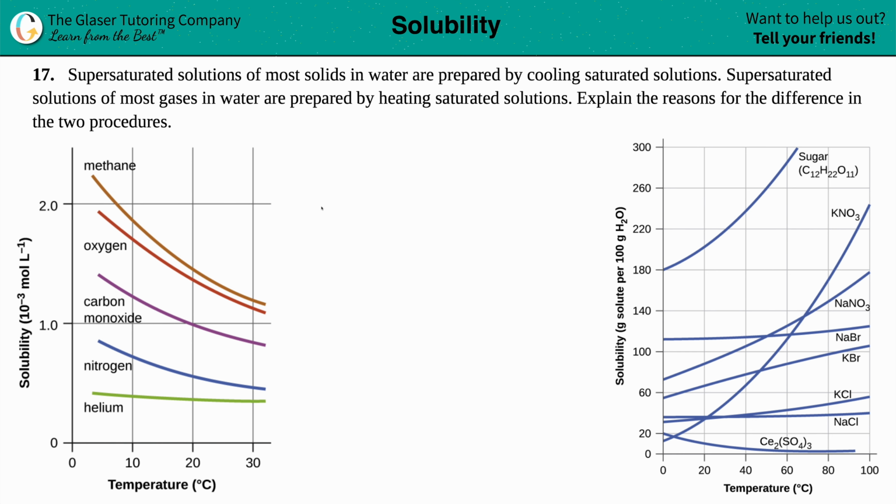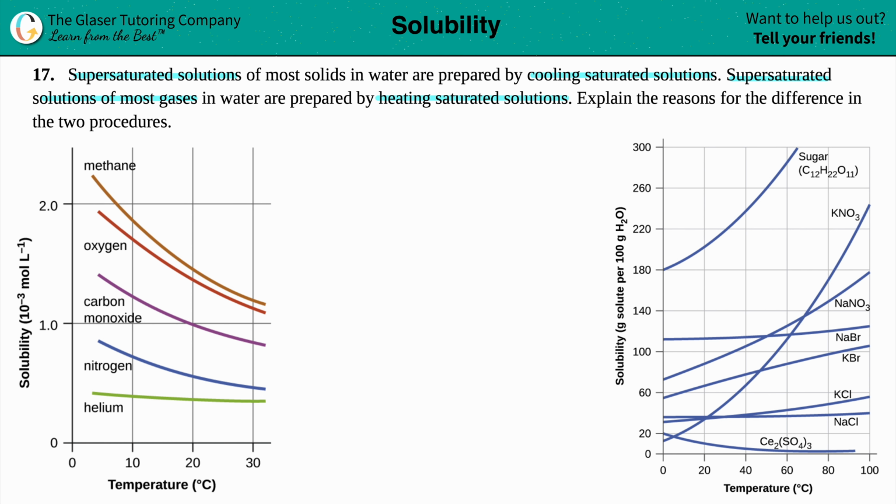Number 17. Supersaturated solutions of most solids in water are prepared by cooling saturated solutions. And supersaturated solutions of most gases in water are prepared by heating saturated solutions. Explain the reasons for the difference in these two procedures. Okay, so this question is basically just asking about what's the difference between saturations between solids in water versus gases